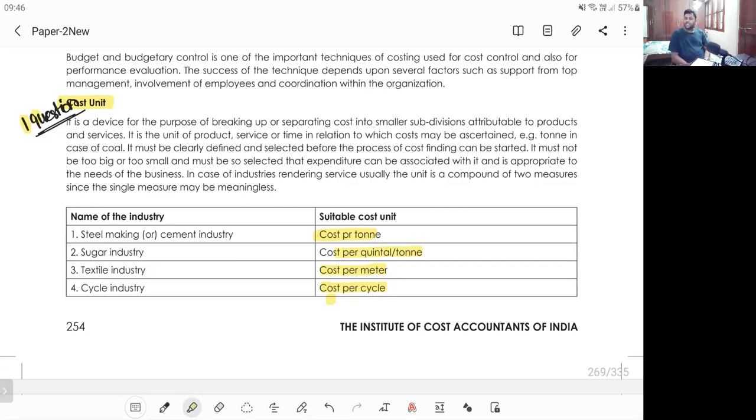Now, in case of transportation, you will express the cost in this manner: per passenger per kilometer. These types of cost units are called composite cost units. Till now you might have seen just kilometer, just meter. But when you combine two or more cost units together to form a mega cost unit, we call it a composite cost unit. So in costing, mostly we use composite cost units, my dear friends. In transport, I cannot say just the rate per passenger; the person says per passenger per kilometer.